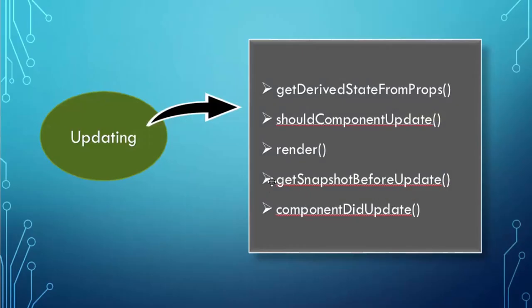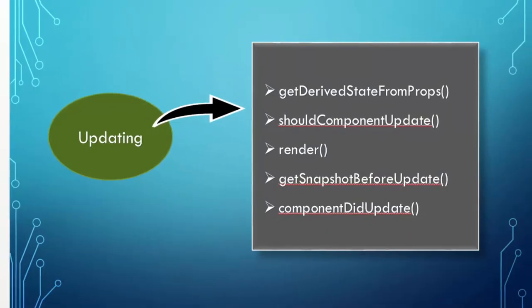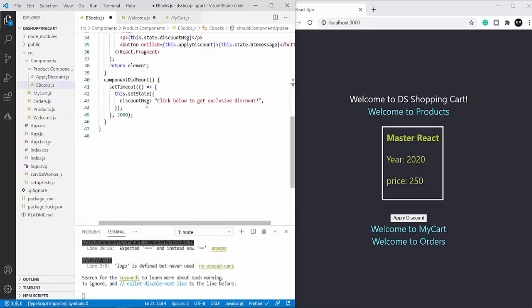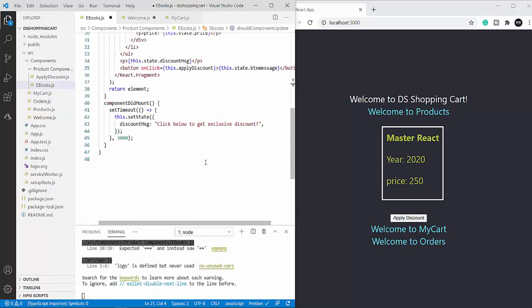Next method is render, which we have already seen. Next one is getSnapshotBeforeUpdate. Here what we are going to do, I'm going to remove this for now or make it true. Okay. And getSnapshotBeforeUpdate. Let me go back here. Remember, my placement of this method anywhere inside the component does not involve any change in the logic or in the hierarchy in which these methods get called.